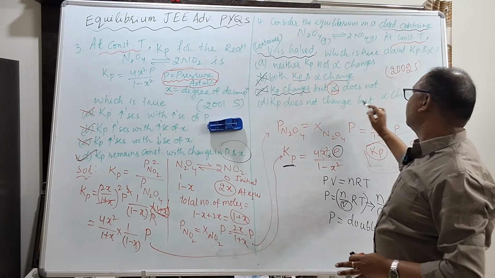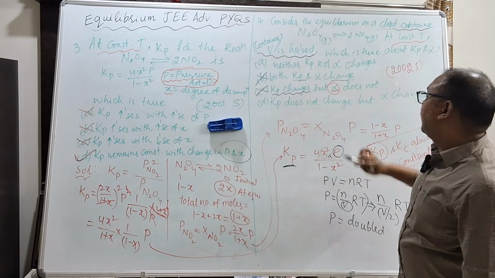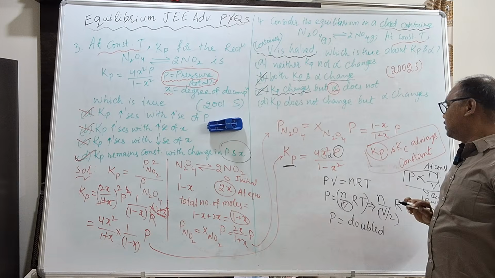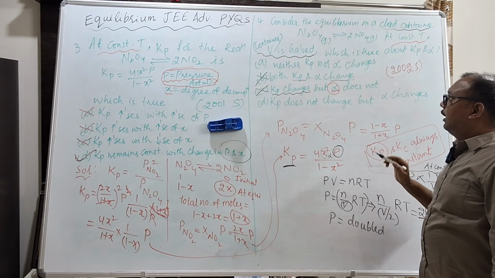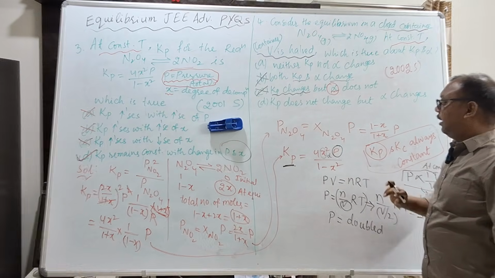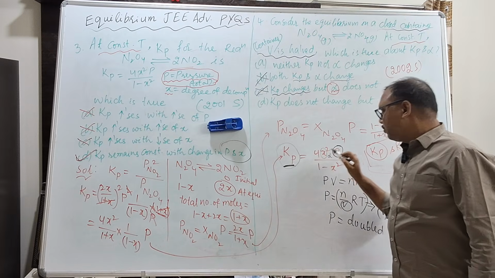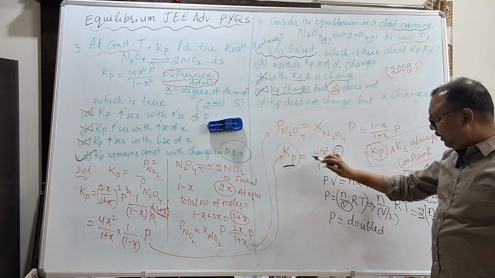And the option Kp does not change, but alpha changes. You see here, Kp does not change, but alpha changes. The point is, when we consider that neither Kp nor alpha changes, they have given, but in order to keep Kp constant, which one has to be changed? Because here, once P is changed, Kp should remain